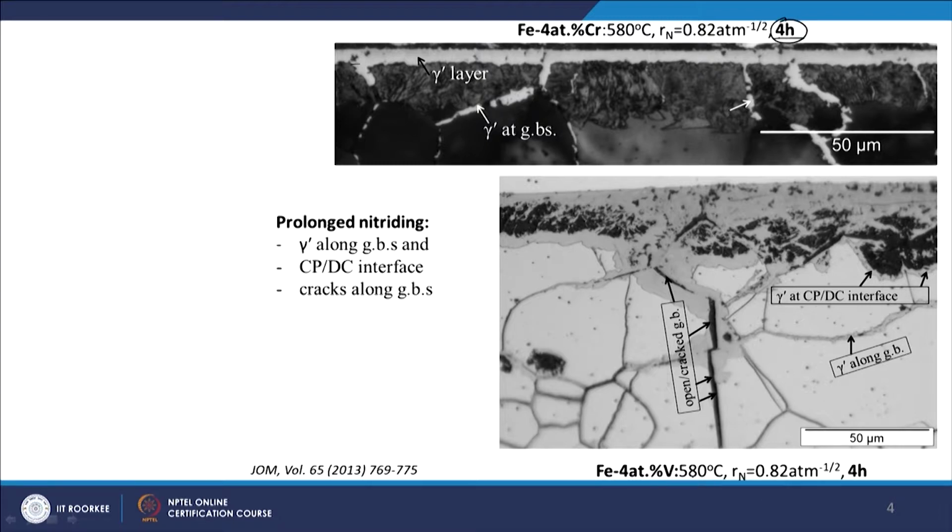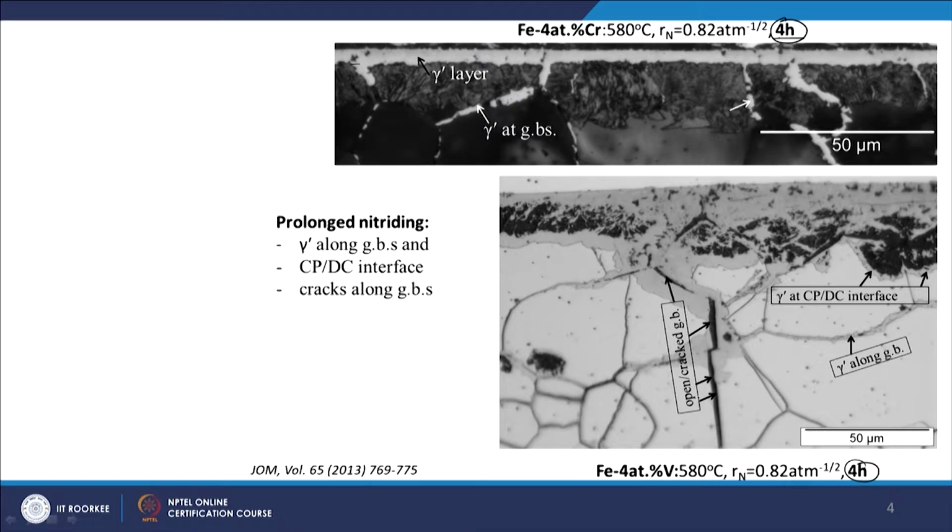Similarly, if you look at the iron vanadium, which is also now nitrided for 4 hours, one can see a very similar situation. Sometimes it appears that it is also forming at the interfaces. This is the surface, here we have a nickel layer, and it is all extending along the grain boundaries of the ferrite matrix, and sometimes you see that some grain boundaries are even opened up, really opened up like a crack. That is similar to iron nitrides when they start to form porosity, and this is expected because of the formation of N2 gas porosity along the grain boundaries.